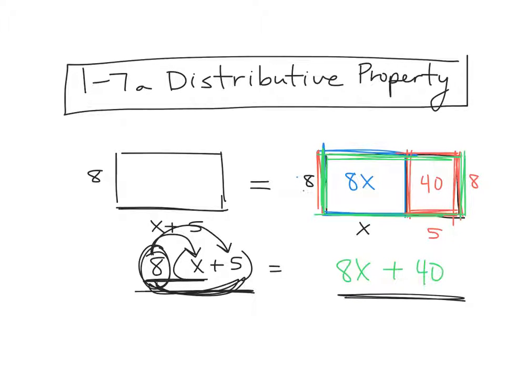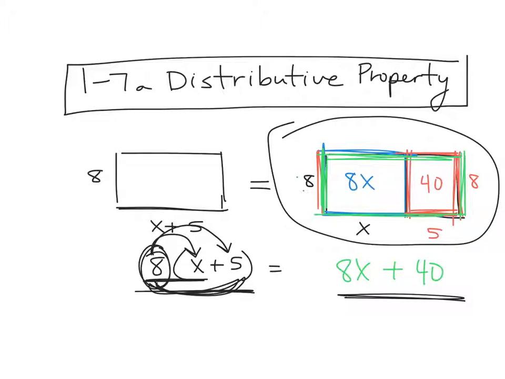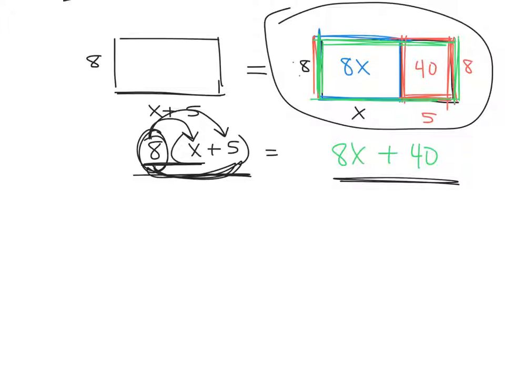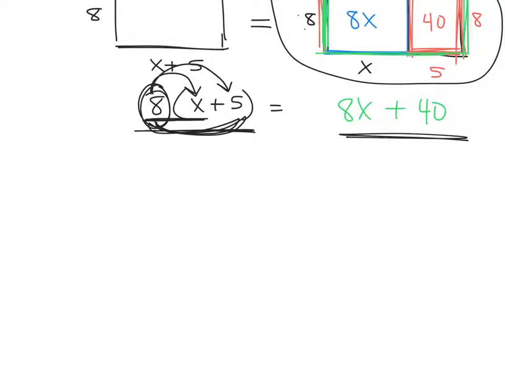So if it helps you to think of it visually like that, you're welcome to do that every time. It's a lot more work, but you are totally welcome to do that if it helps you to see it. Okay, I typically am just going to give you the numbers and symbols and show you the distributive property, not with the pictures. Okay, so let me show you one without pictures and see if we can come up with what this would be. So if I have 2 times x plus 3,